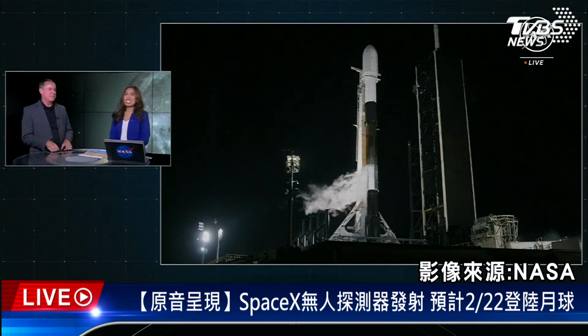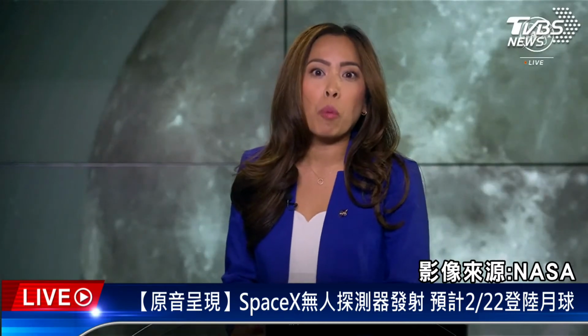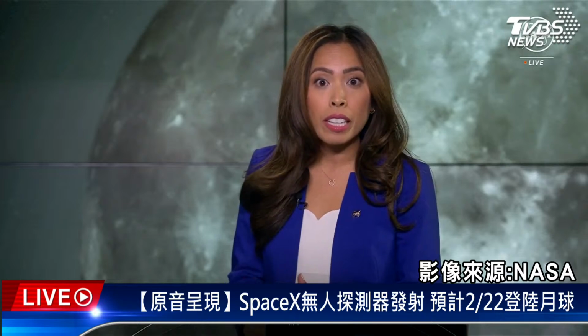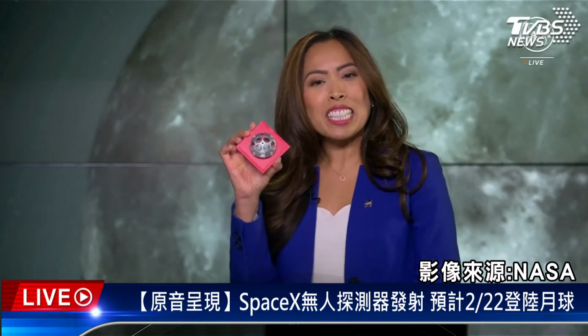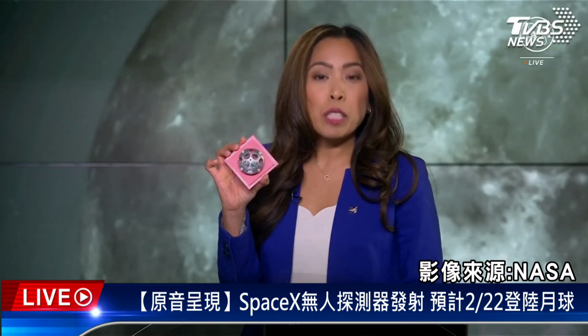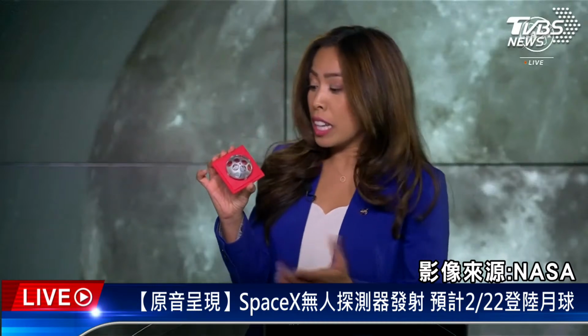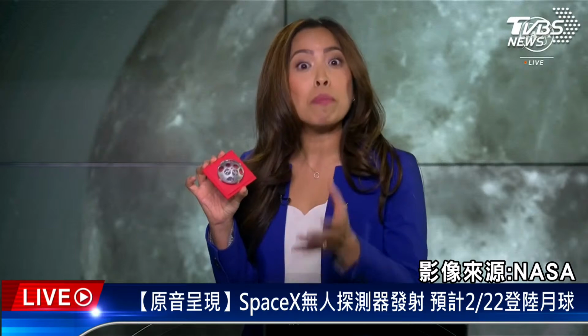All right, thank you. All right, so once the Nova-C lander gets to the moon, there are 6 instruments on board that will play a key role in navigating and studying the lunar surface. And the first one is this. It's a lightweight laser retroreflector array, or LRA. This passive optical instrument is a collection of 8, as you can see here, about half-inch reflectors or mirrors used